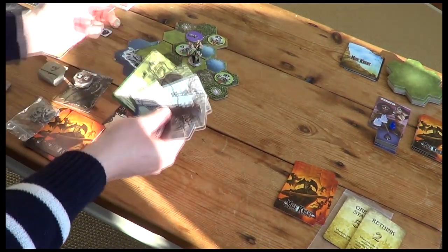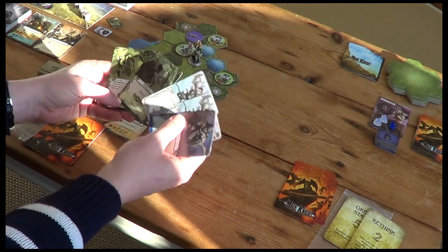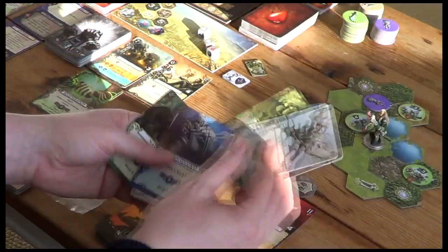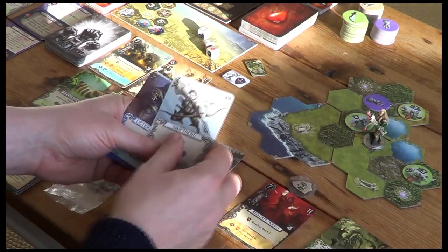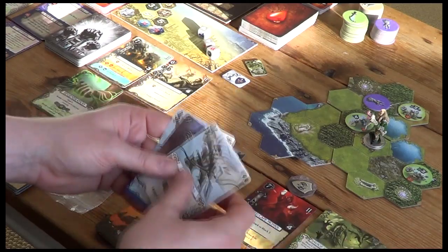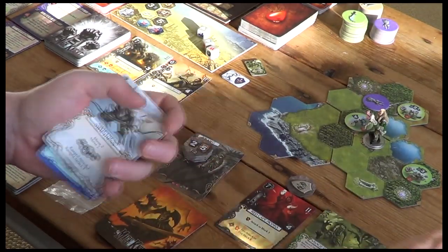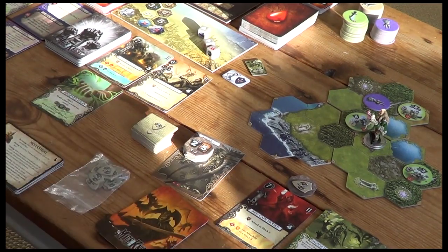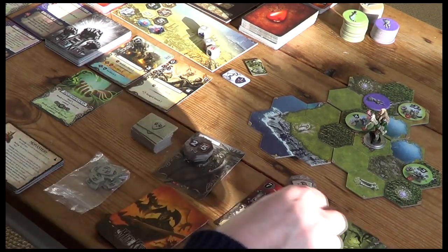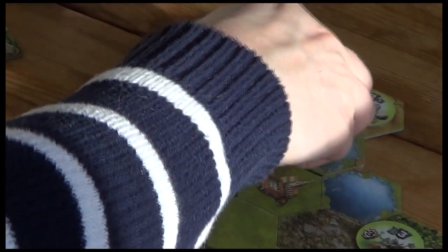Now I'm going to have to move into this mine, so I need 3 movement to get in there. Let's move 2, move 4. We'll use Savage Harvesting, we'll discard Swiftness, gain ourselves a white crystal. We can move in here and attack these guys. Now we're in the dungeon, but you can